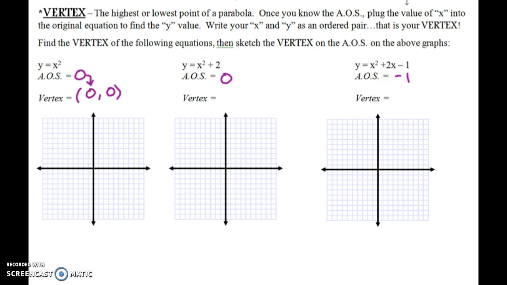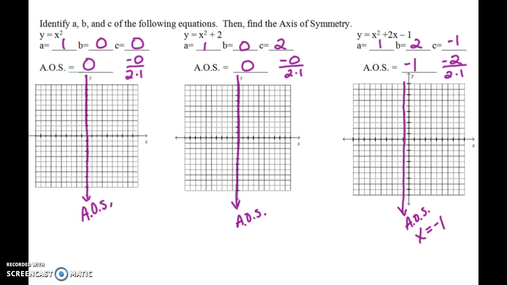So I'm going to go backwards. I'm going to ignore these graphs here. And I'm going to go ahead and plot the point 0, 0. So go ahead and do that with me, please. There's our vertex. Now we need to find 2 more points, at least. And I think we'll be done, because if I plug in another point now,